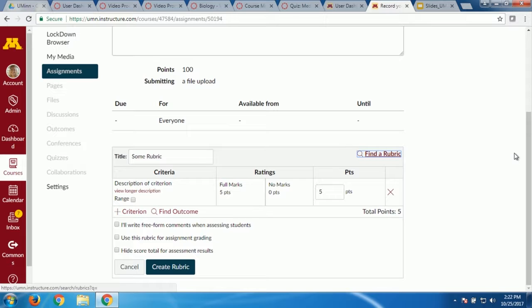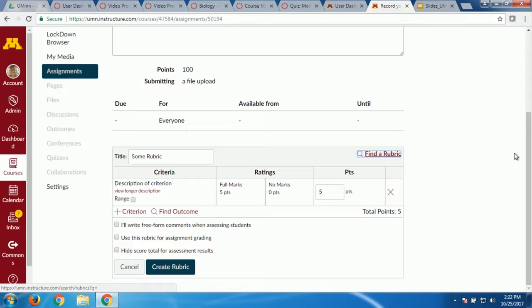I like that in Canvas, you can completely customize rubrics. You're not stuck to rigid columns. Like all my rubrics before this were made in Rubistar, and they were like perfectly formatted columns. I liked that every criteria could have different levels of ratings. Doesn't have to, but I like that you had that ability. There's even a new feature now in Canvas where you can have rating scales, where you can have ranges of ratings, like 10 to 12 points is this, 10 to 8 points is this, 6 to 8 points is this. Or you can just set definitive point values for different rating scales. You have complete flexibility now in how you build your rubrics.